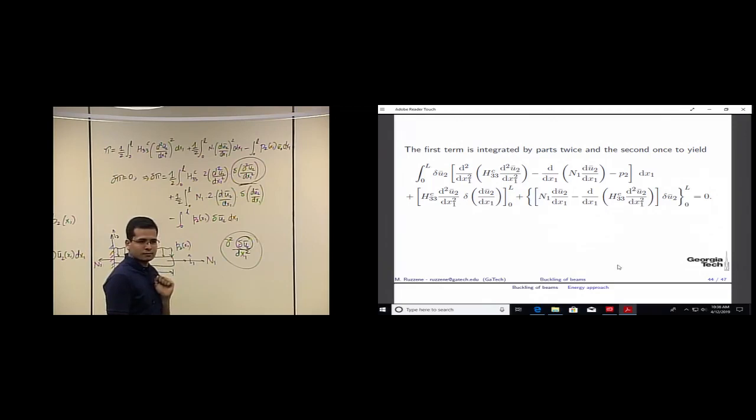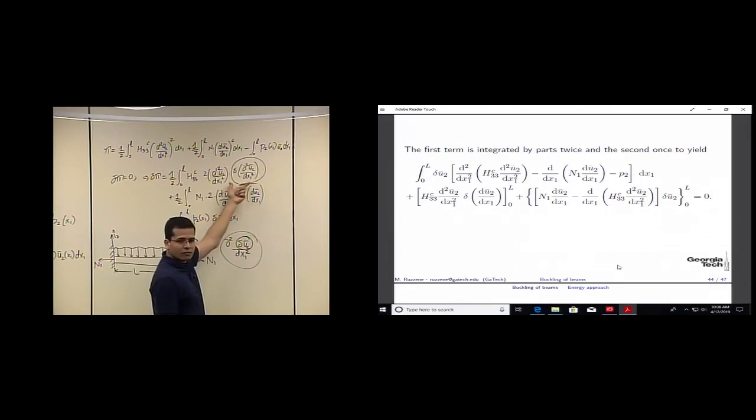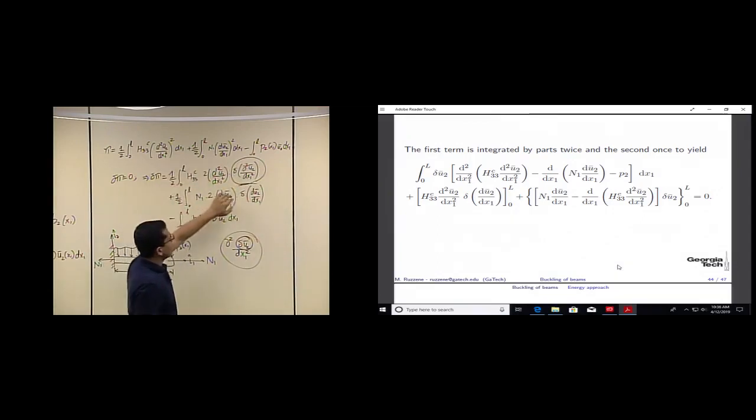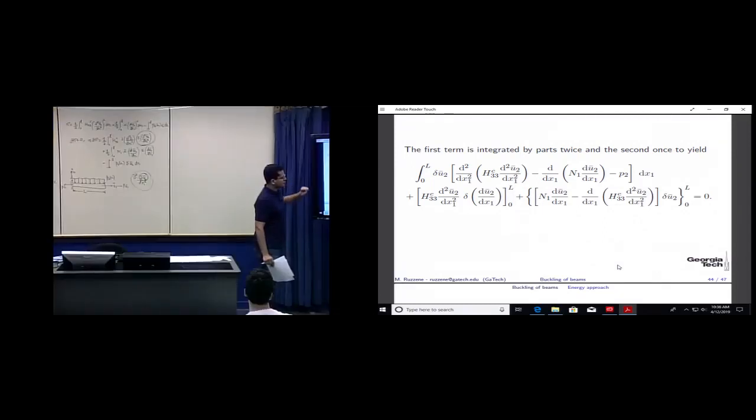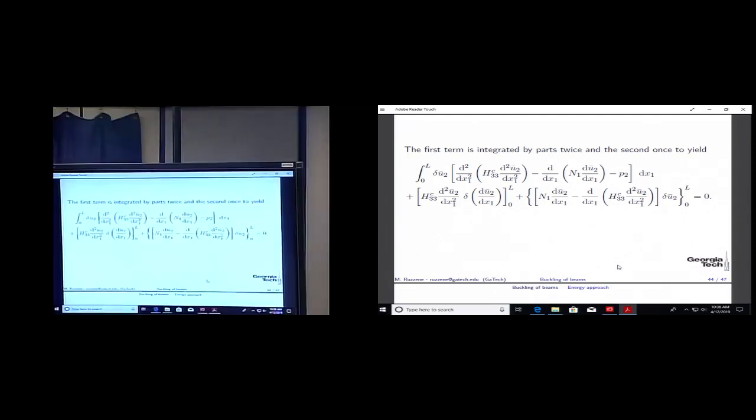Any questions? So we swap the order of variation and differentials, and then we integrate by parts twice on this term because we have a second order derivative. But for this term we have a first order derivative, so we will integrate this term by parts only once, right? So when we do that, we get this expression. So you can see that in this expression we have